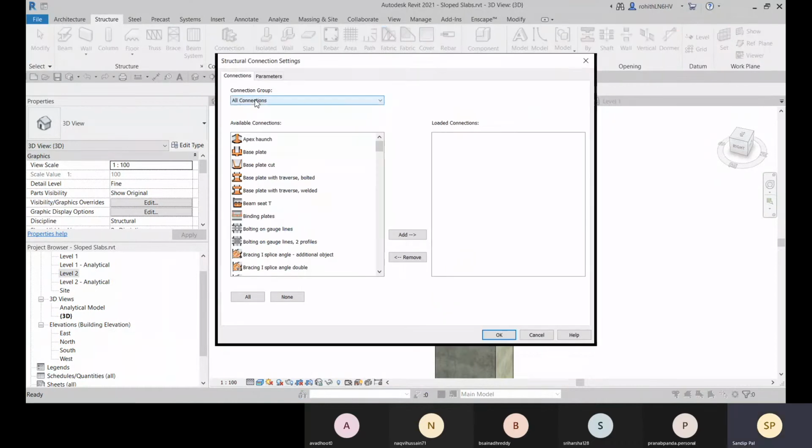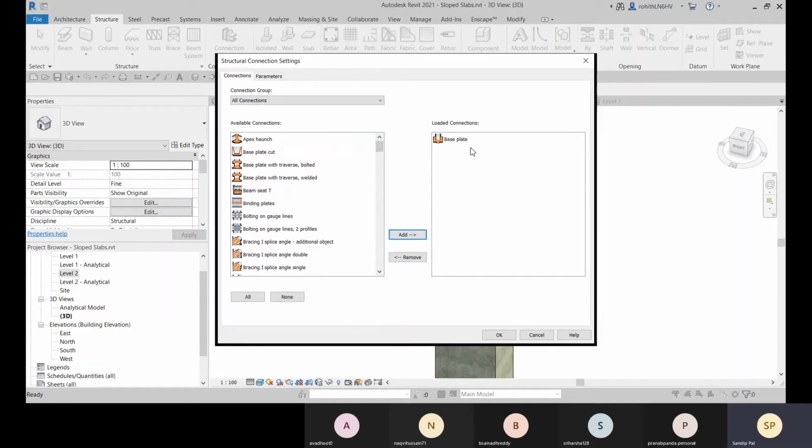And here you can choose what kind of connection you require: column, beam end to end, general bracing. So what kind of type you can choose from there. If you go for this wall connection, all the connections will be listed here, so from the overall list you can select it also. Now I'll choose this base plate and click on this add.